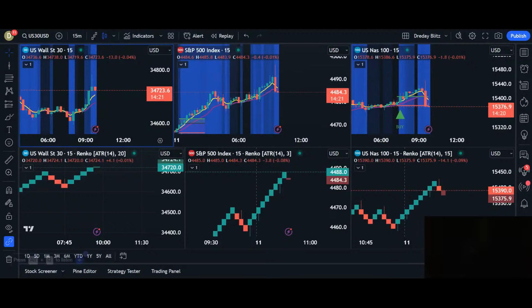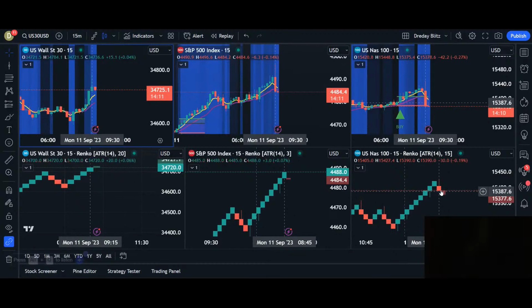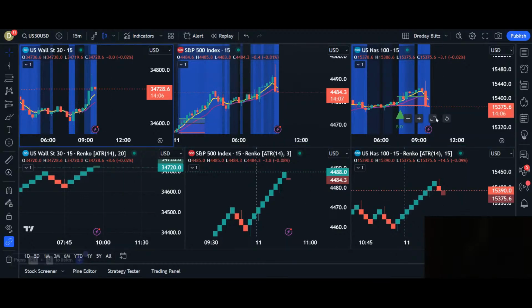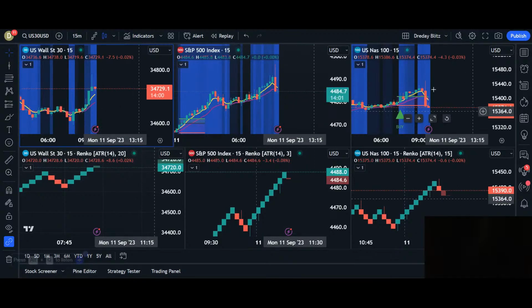We do see on the Nasdaq here that it's confirming a downtrend. So this Renko is plainly going down. So you may have the option to take it for a sell if you want to,